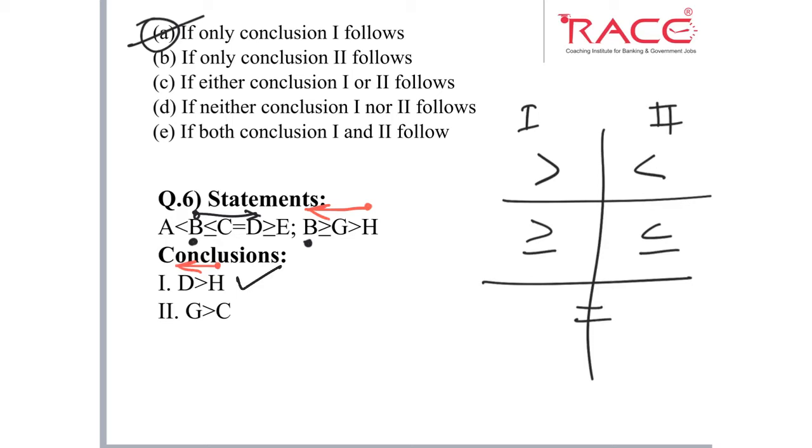Second, if we check it for C to G. So in that case, where is C? We have C here, from C to B and from B to G. So initially we can see here from C to B, the sign is opposite. The open face is in the opposite direction of the arrow. Whenever the open face is in the opposite direction of the arrow, the conclusion will not follow. So this is a false conclusion, and what is our answer? A. Okay.